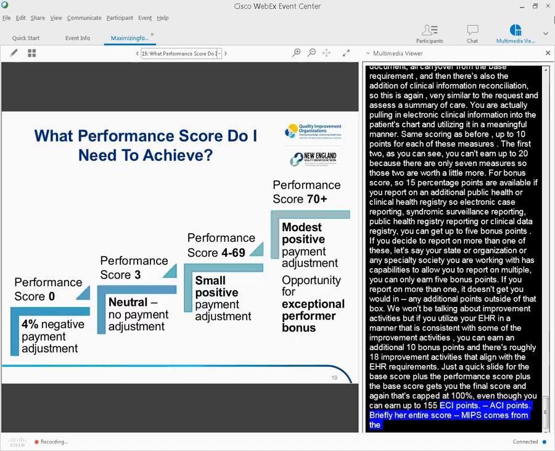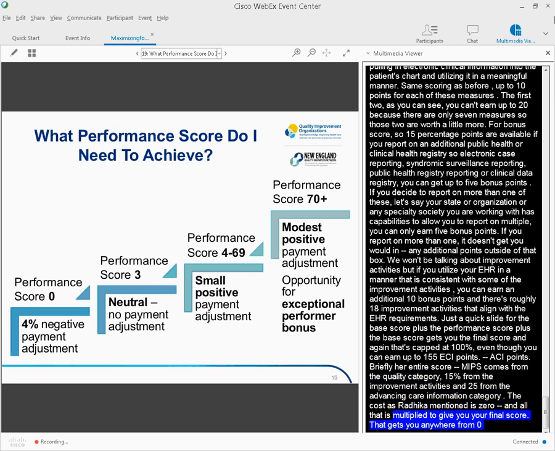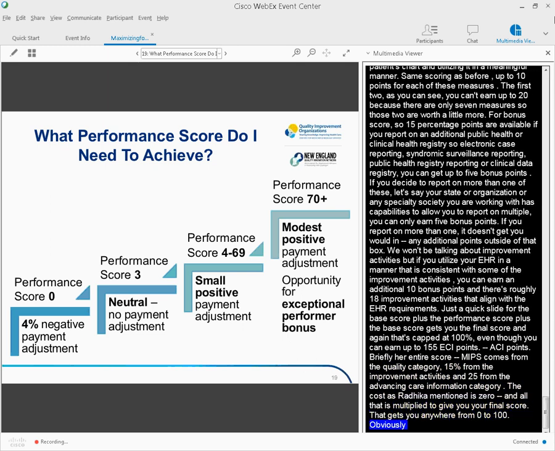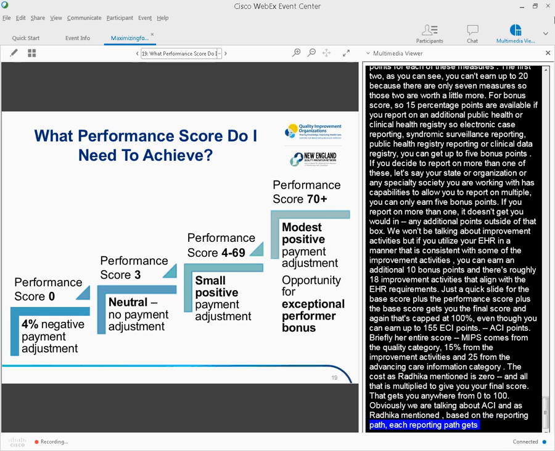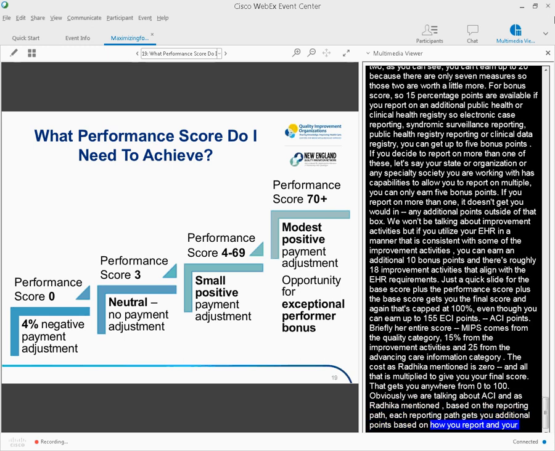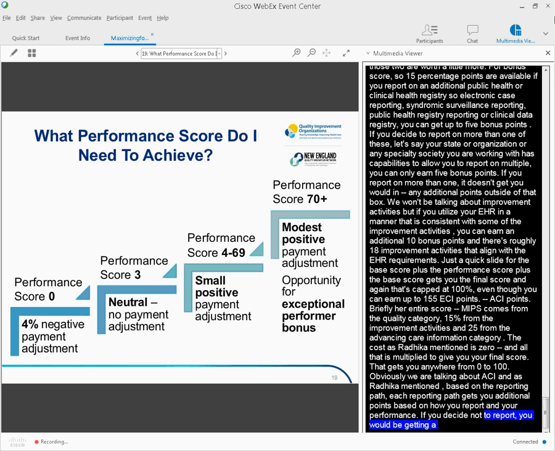Obviously, we're talking about ACI. As Radhika mentioned, based on all of the reporting paths, each reporting path gives you additional points based on how you report and your performance. If you decide not to report, you would be getting a 0 performance score, which would be a negative 4% payment adjustment. If you choose that crawl pace, so reporting on the very minimal amount of data, you would score 3, which would be neutral, so you would avoid a negative payment adjustment, but you would also not receive a